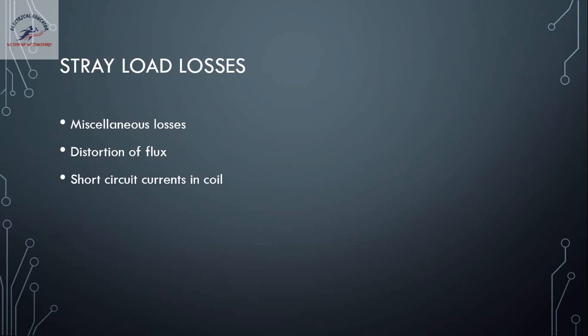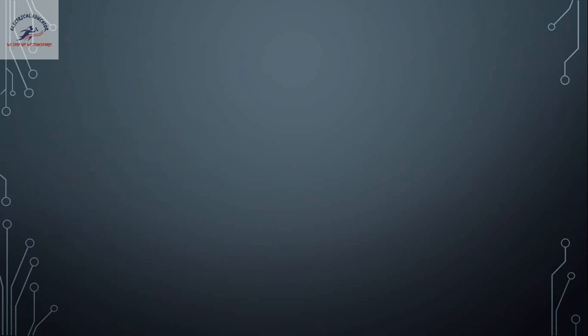Instead, it simply takes a shortcut. This is called a short circuit current in the coil, and because of this the required armature flux is not obtained, and there will be slight distortion and certain losses occur. These are unforeseen scenarios, and it is very difficult to estimate this, or approximately or accurately find this. So these stray load losses are usually taken as one percent for calculation purposes for larger machines.